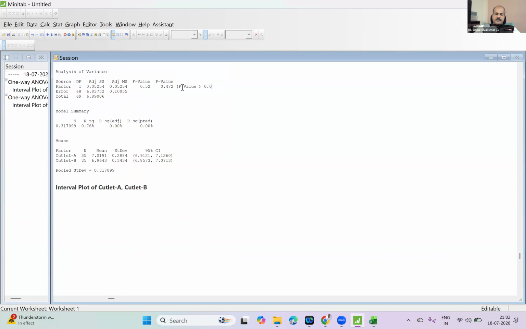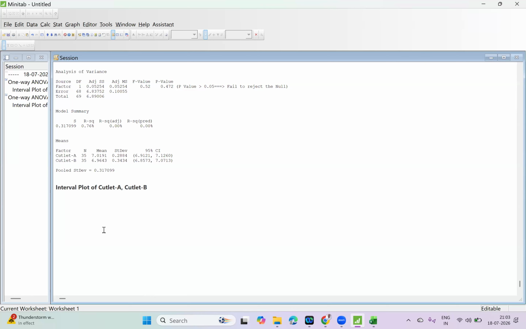What do we mean by fail to reject the null? Fail to reject the null is machine type is not critical. Machine type is not the root cause for variation in the diameter. Do you understand? Machine type is not actually critical. The suspect is innocent. Do you understand, all of you? What is this test called? Again, this is one-way ANOVA. Any doubts, questions?